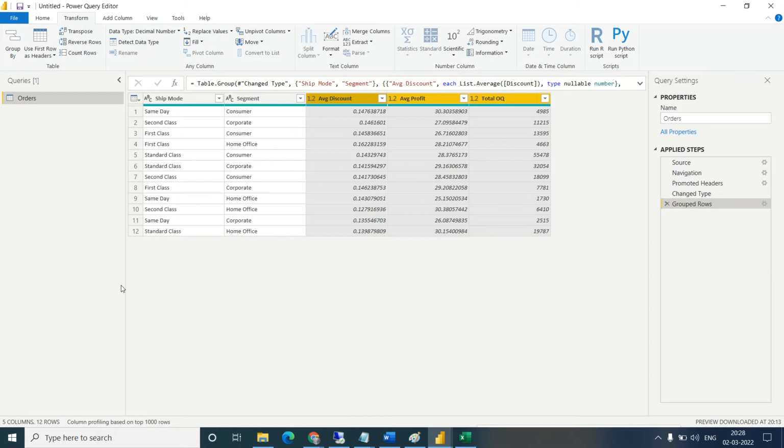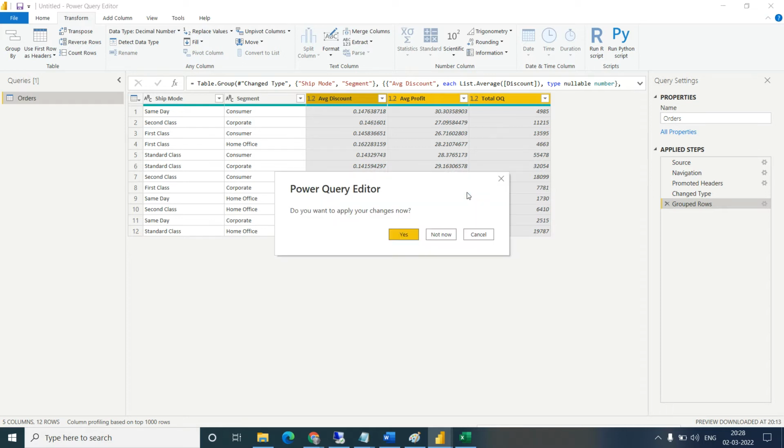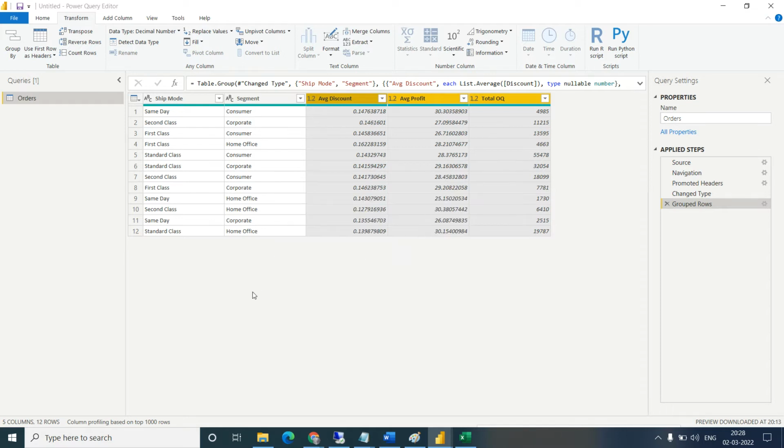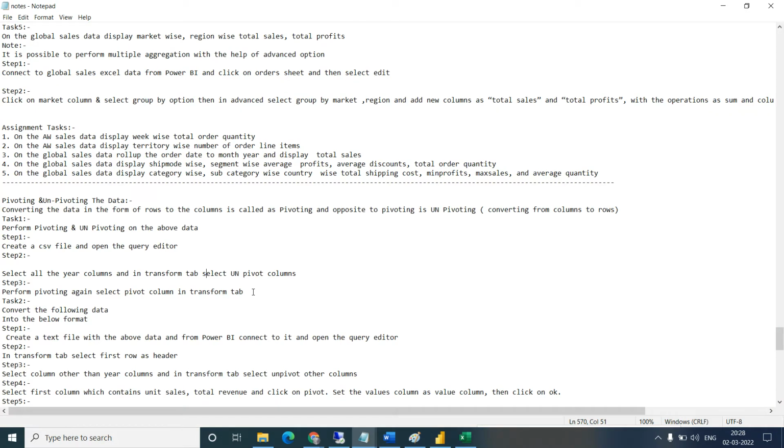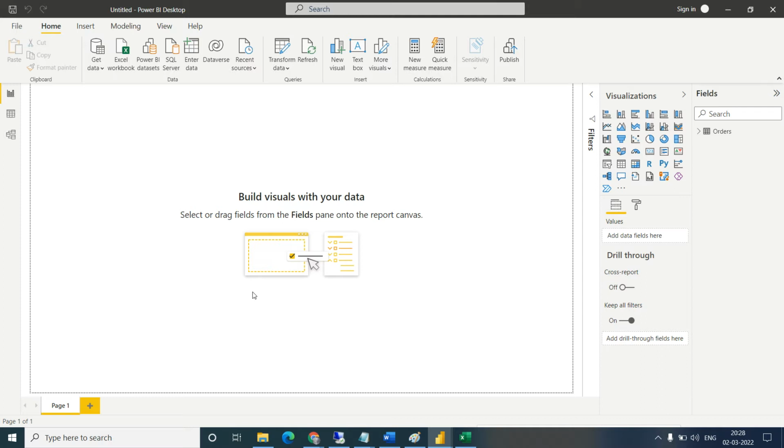How to connect with the file? I am closing this. This is not required now. How to connect with the new file? Anyone? So click on the get data.